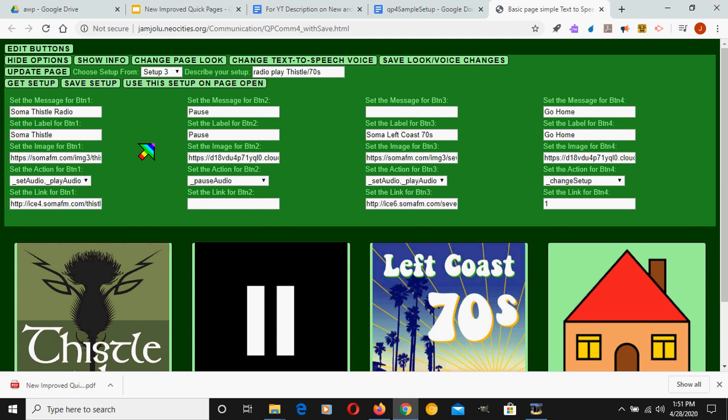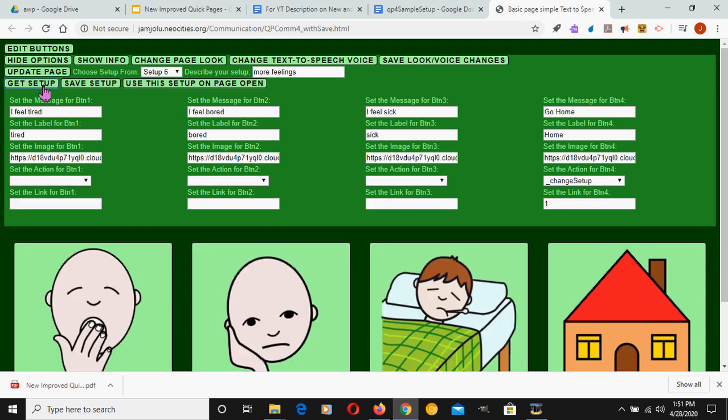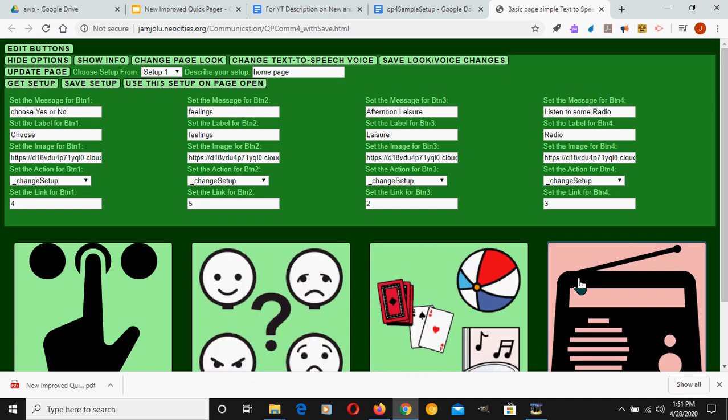Okay, so let's say we want to share this setup, and this particular collection of setups I defined 6. So there's a feelings page, setup 6, and if I click the home button, it takes us back to the first one. Okay, so to share my collection of setups, we click this button that says Show Info,